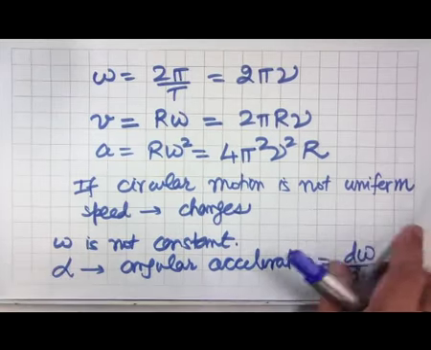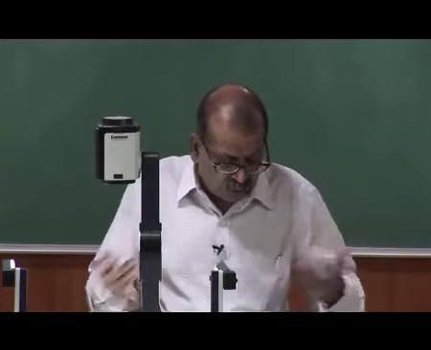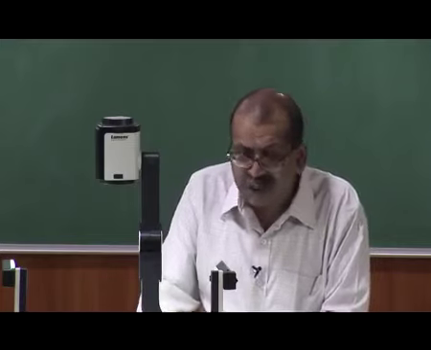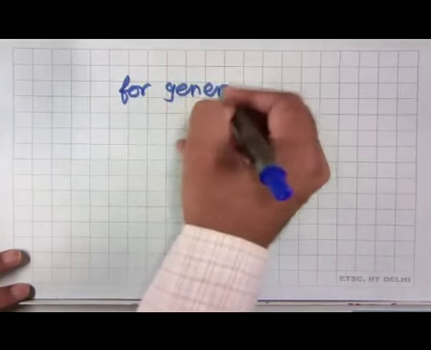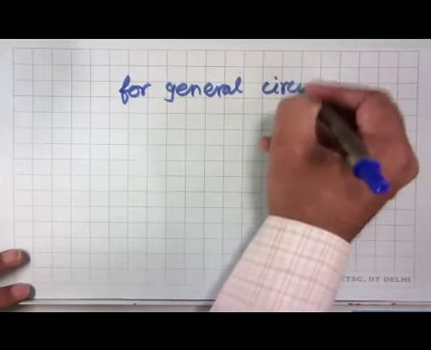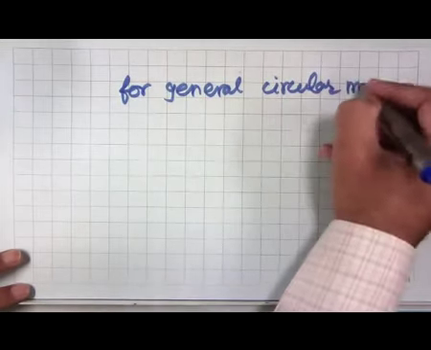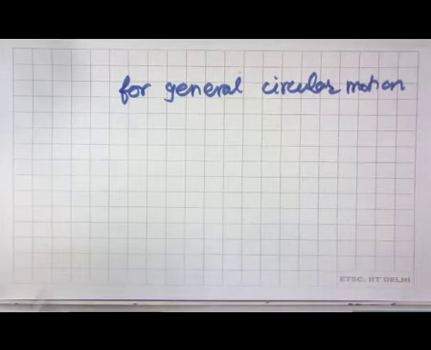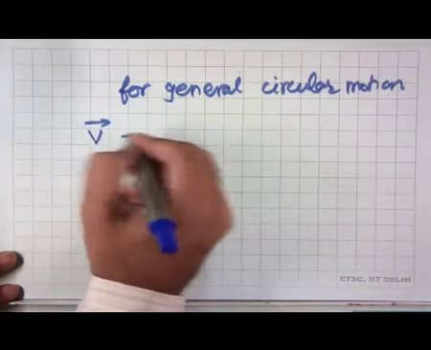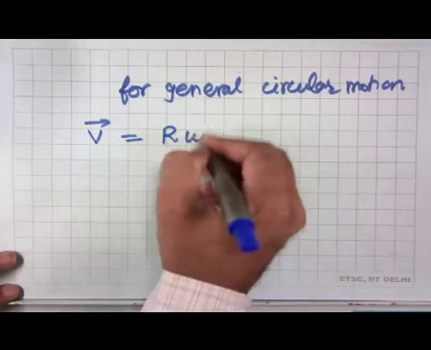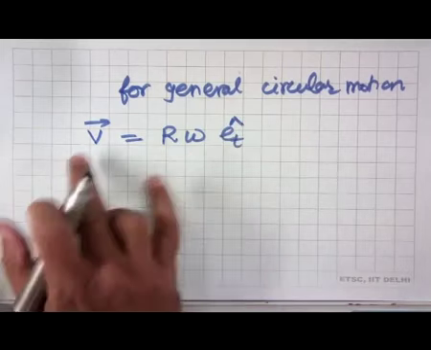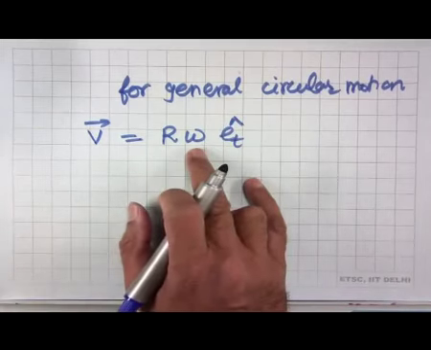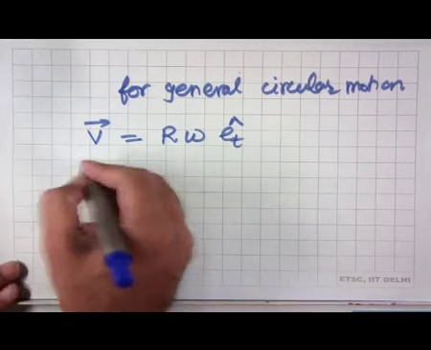And at this point, what I will specify here is, I will not prove this, but we will show that even for general circular motion, velocity is given by r omega along the et direction. So, this would be the instantaneous velocity, as omega is not constant, and the acceleration will be given by